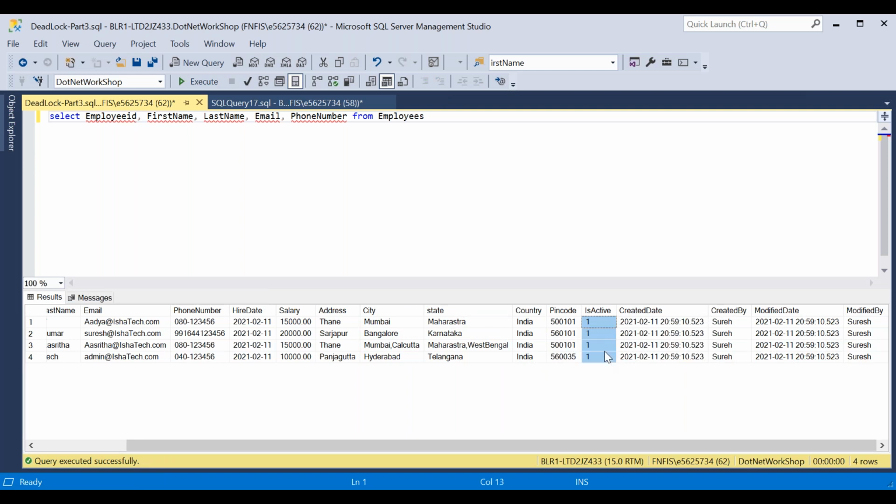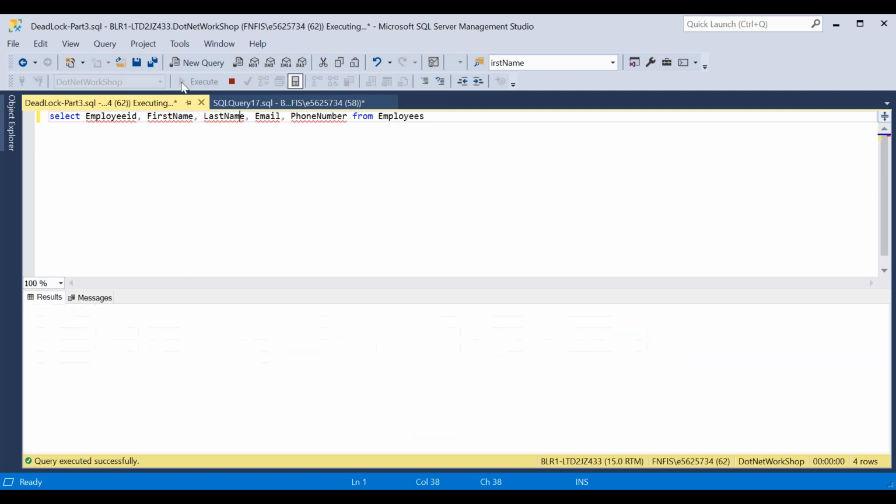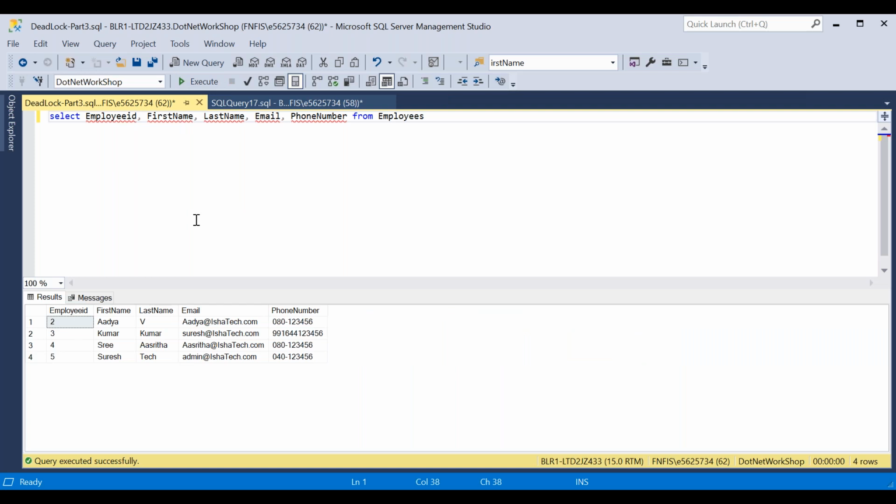Because if I have lakhs of records, these 5 columns alone, say for example, take 10 KB of size, and when I'm exporting this data to an Excel sheet or something, it will be exported along with this other data. So the Excel sheet size also will be more, and to export it, it will take more time. So whatever data we need, we have to always use the column names. Then it will fetch the records as fast as possible. Then to export it to Excel sheet or CSV or maybe any notepad also, it will be faster. So the better practice is to avoid the star.